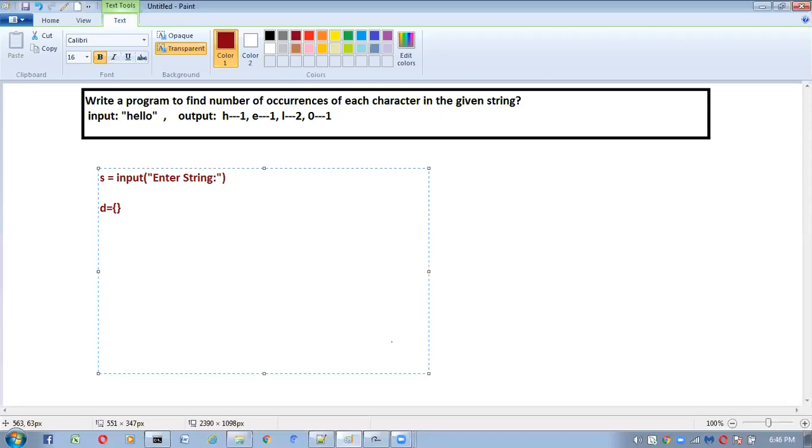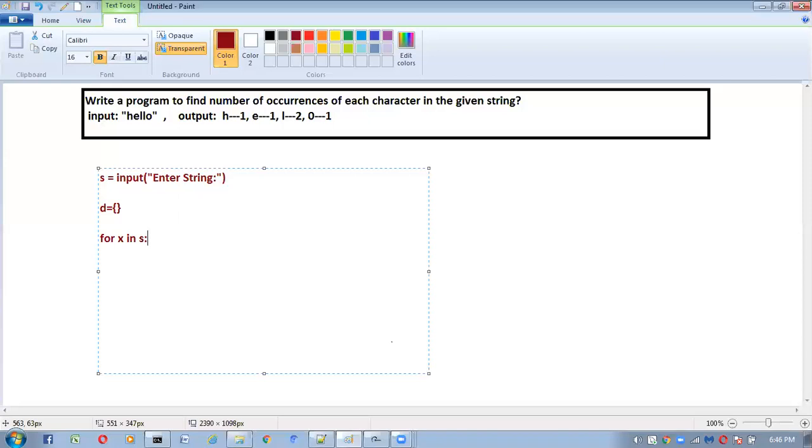Now I want to read each character from the given string. How can we take each character from the given string? By using a for loop. How to write the for loop? For x in s. s is nothing but the input we took from the keyboard.